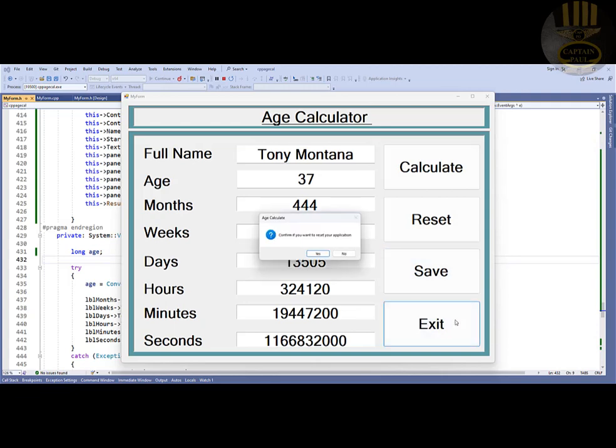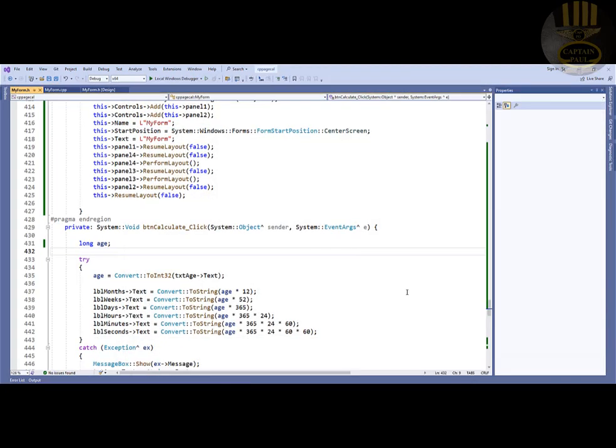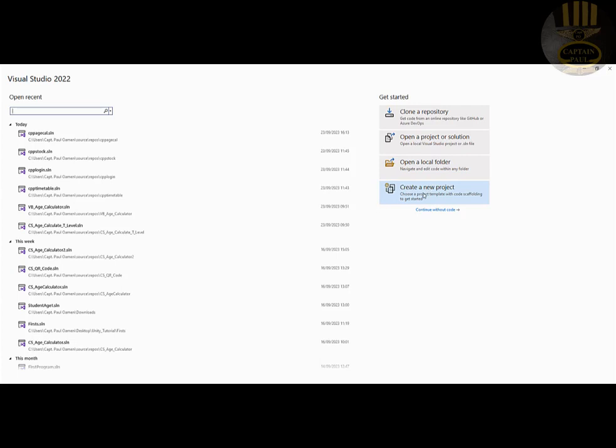I'm going to exit out and let's start a new project entirely. No, we don't want to exit. Yes, we do want to exit. So let's start a new project. Click on create new project